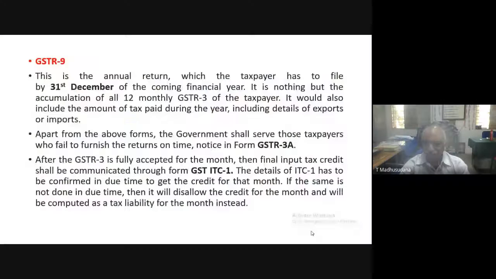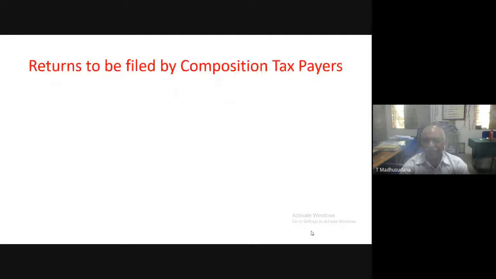So suppose any taxpayer has not confirmed the input tax details given in the GST ITC 1, then he is not allowed input tax credit and he has to pay tax to the government. Okay, these are the various forms to be submitted by the normal taxpayers: form number 1, form number 2, form number 2A, form number 3, form number 9, and form number